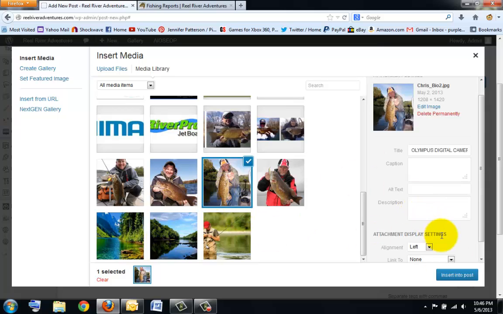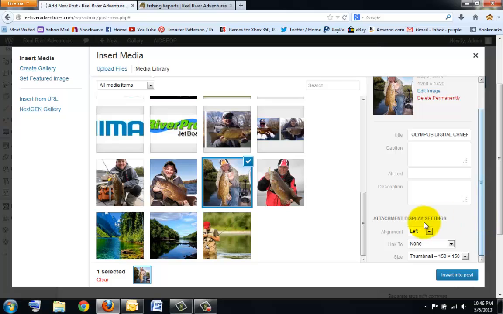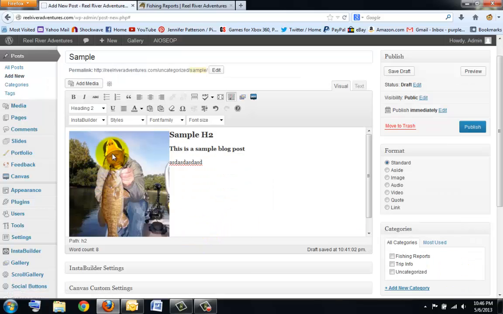Let's just pick this one, and I'm going to do left, and I'm going to do medium because I like that size. I'm going to click insert into post, and it's going to pop up here, and now you'll see the text is butting up, and that doesn't necessarily look pretty. So to fix that, you click on the picture, and then you'll notice they had the two buttons. This is for edit, that's for delete. You want to click the edit,